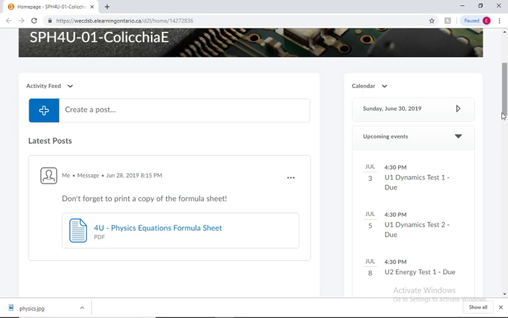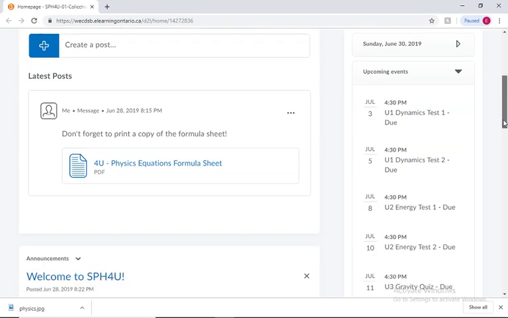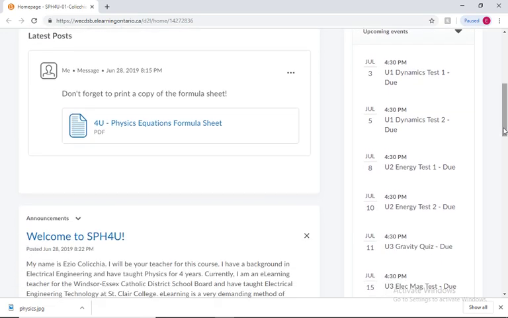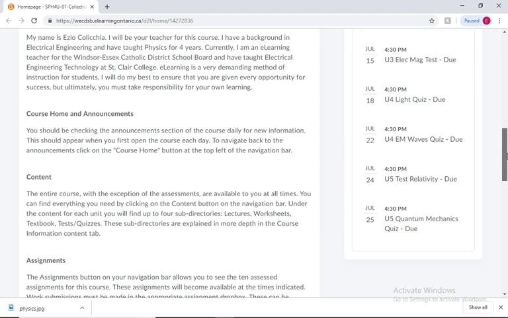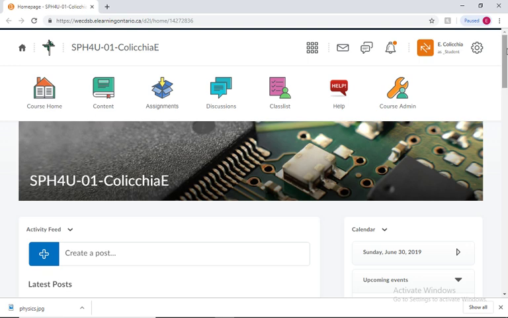So the calendar lists the dates of the 10 assessments. They are either tests or quizzes, and they are listed here: July 3rd, July 5, July 8, and so on. All of these assessments are due at 4:30, and they become available at 12:30 on the day of the assessment. So let's go back to the